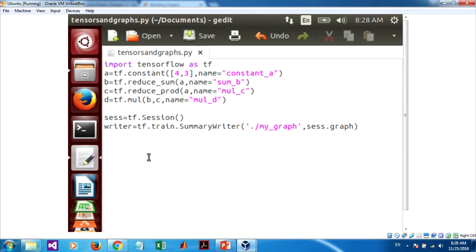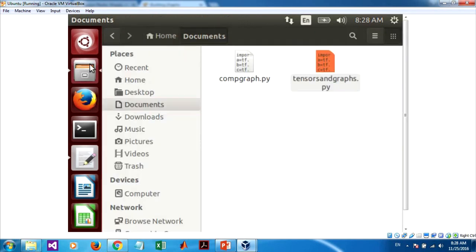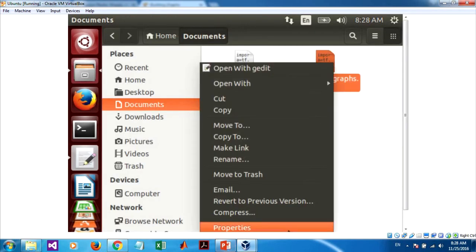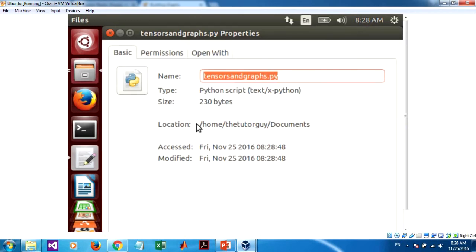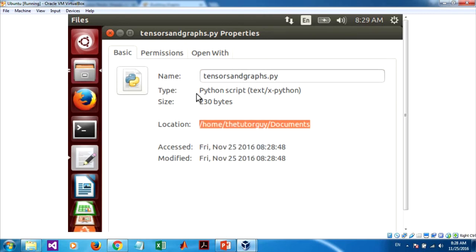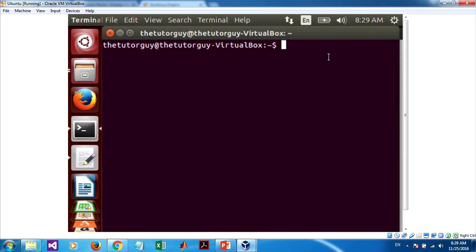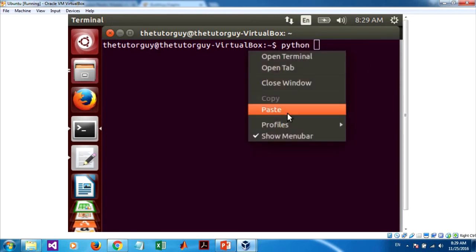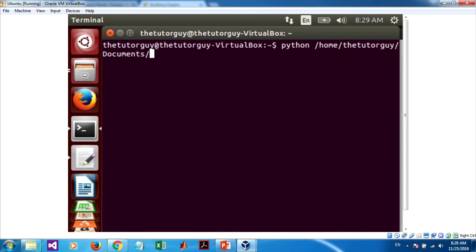And now you need to run this using the terminal. Eventually you are going to have to use the terminal. Properties. This is where it's located. I'm going to need it for the terminal. Tensors and graphs.py. Python. Paste the location. Alright, so if I run this,